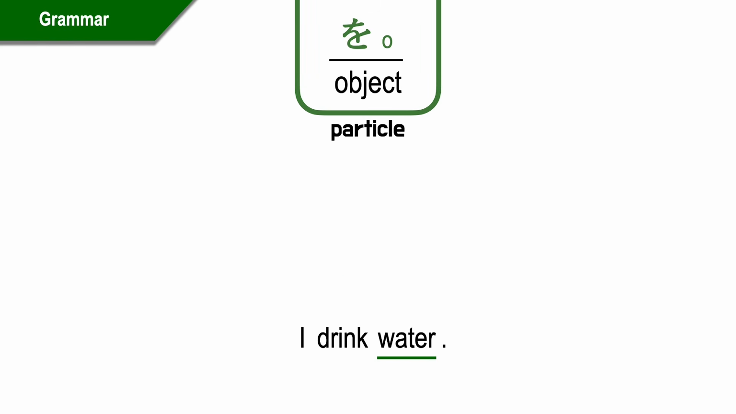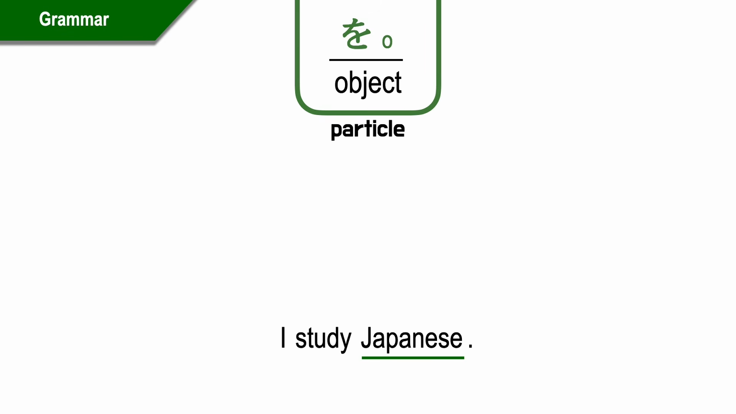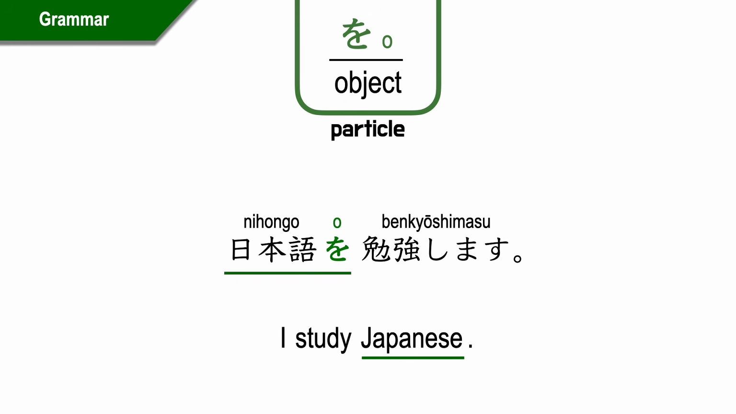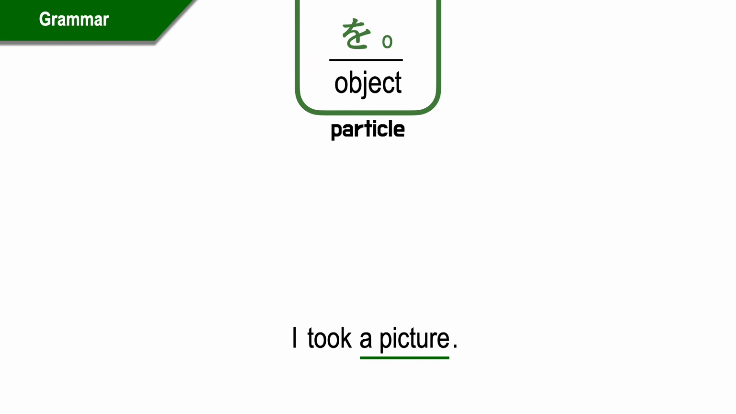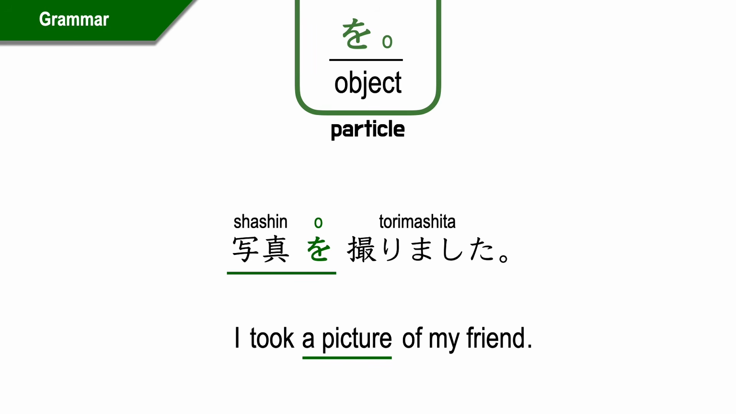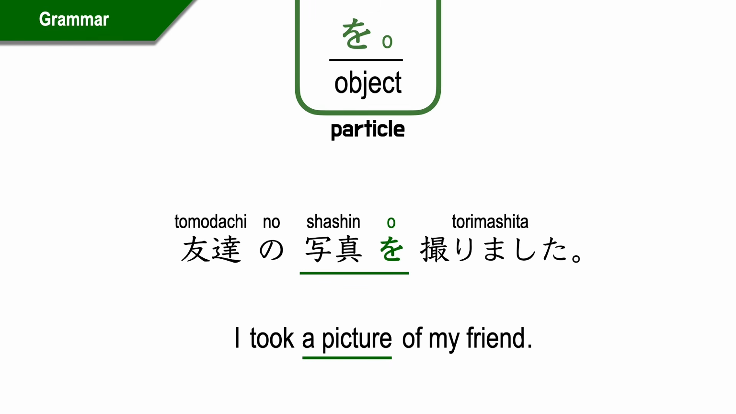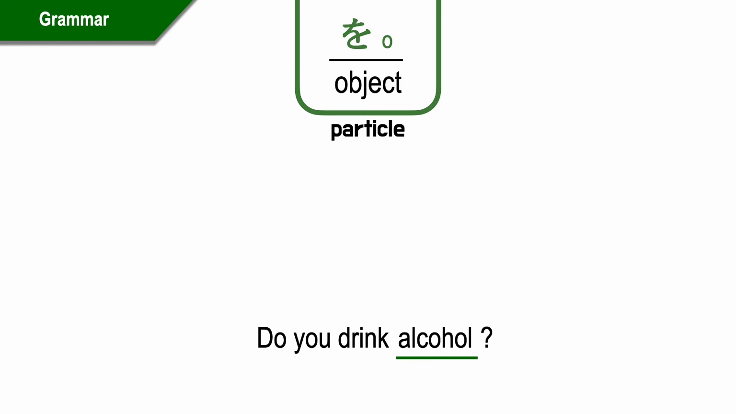I drink water. 水を飲みます。I study Japanese. 日本語を勉強します。I took a picture. 写真を撮りました。I took a picture of my friend. 友達の写真を撮りました。